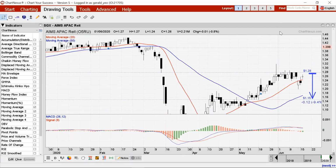Okay, so that's AIMS. Previously there was a gap over here, but the gap has already been closed by this long candle up. So there's no more gap resistance, so it's fine. Okay, next in line,